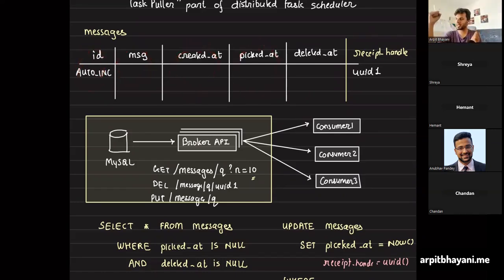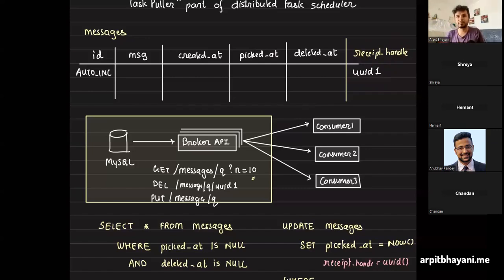Once a consumer picks a message, does processing, and then deletes it, it would send a request, hey, delete this. And just a caveat over here: you never expose an API that deletes a message by ID. You need to ensure that only the consumer who has read the message can delete it. Why? So that another consumer does not just bluntly fire queries to delete any messages out there. What typically happens is you have something called a receipt handle. A lot of brokers follow this convention. Whenever a message is read, a random ID is generated, maybe a UUID or any random string. Think of it like an OTP. A receipt handle is generated.